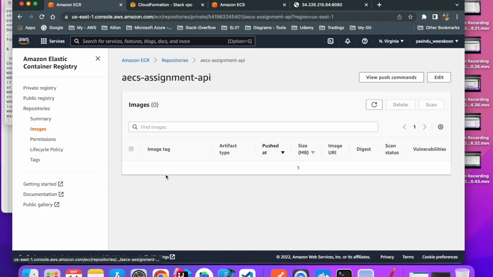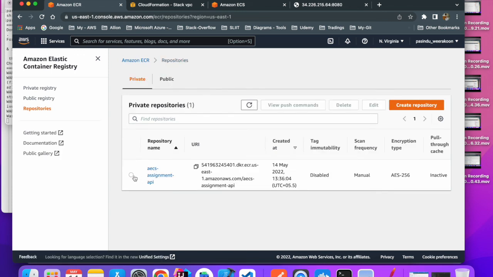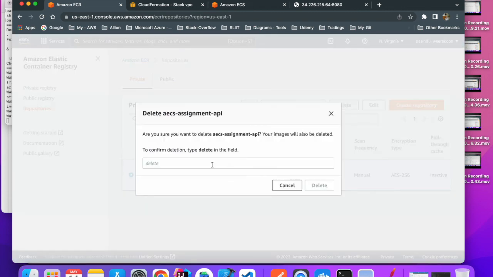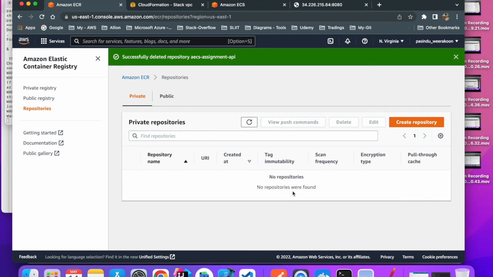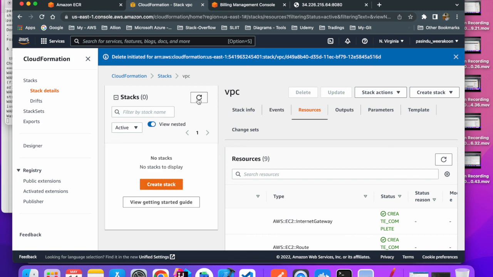If you want, you can delete it in here. You have to type delete. Yeah, it's deleted. Still your VPC is deleting. Yeah, once it is deleted,